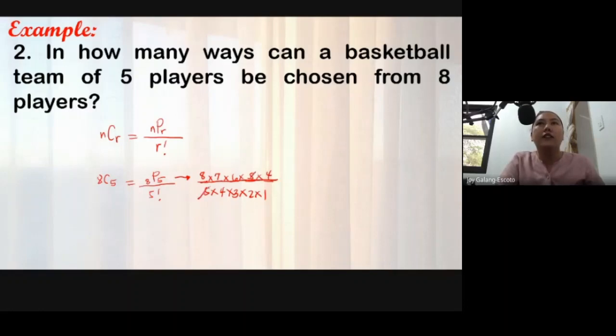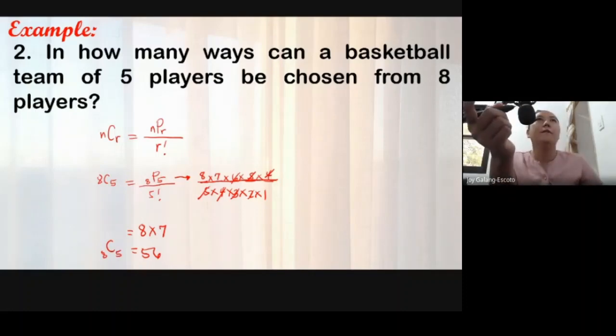5 and 5 cancel out. 4 and 4 cancel out. 3 times 2 is 6, cancel out. So you will have 8 times 7, and 8 times 7, that is 56. So the combination of 8 players taken 5 at a time is 56. Okay? Now next,